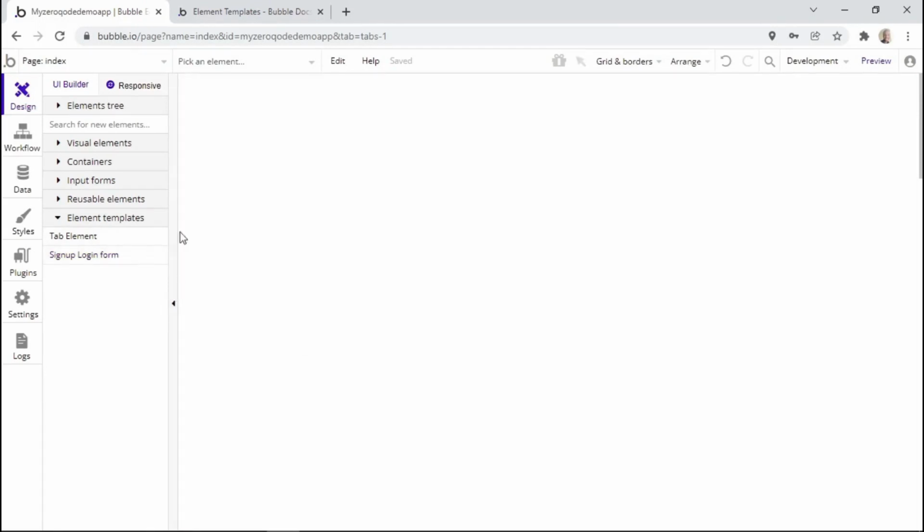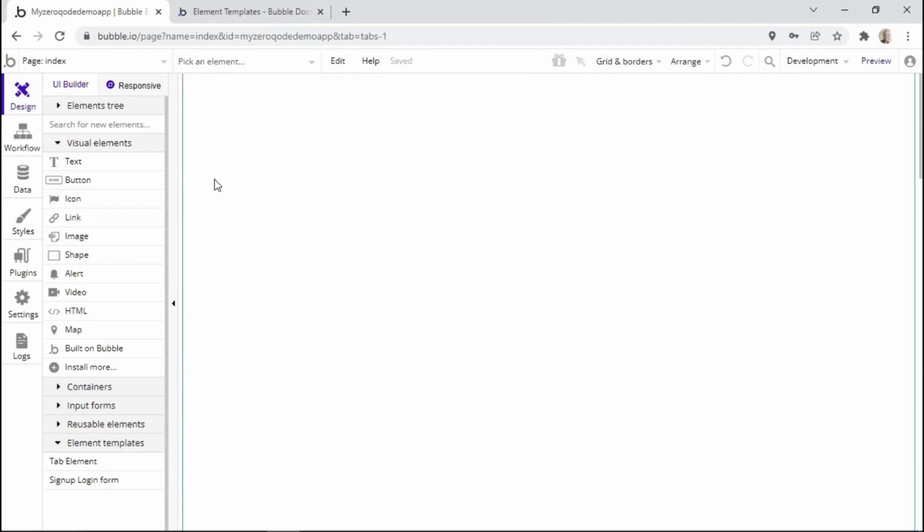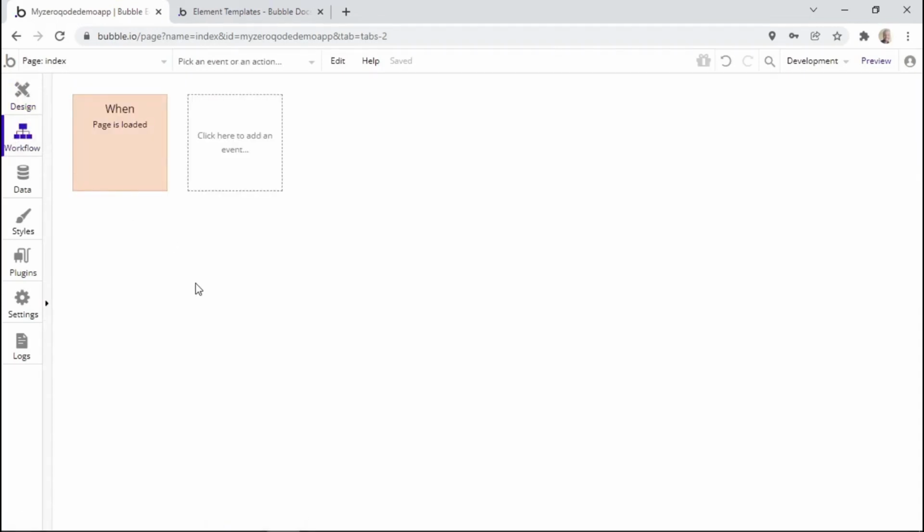But only in upcoming lessons will you be able to see how to use some of these design elements, as the purpose of this video is only to give an overview of the dashboard. The next tab is the Workflow tab. Within this tab, you are able to control how your app works or functions. You're able to add conditions that control how the user interacts with your app. So for example, you can add the functionality that when a certain button is clicked,